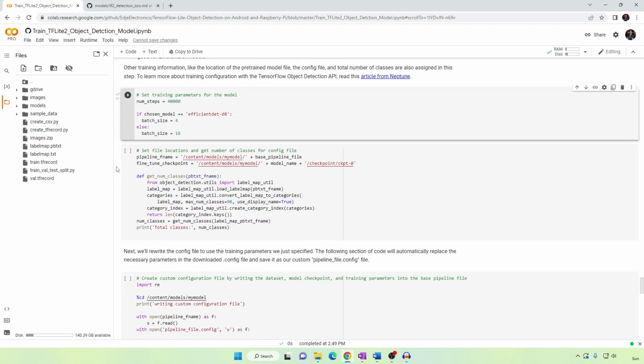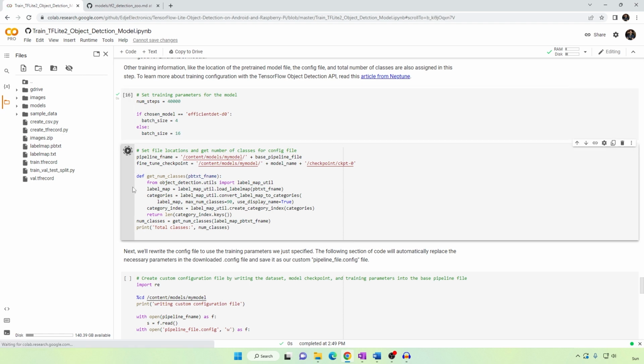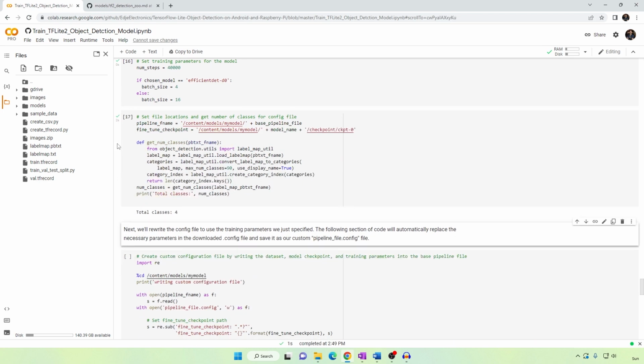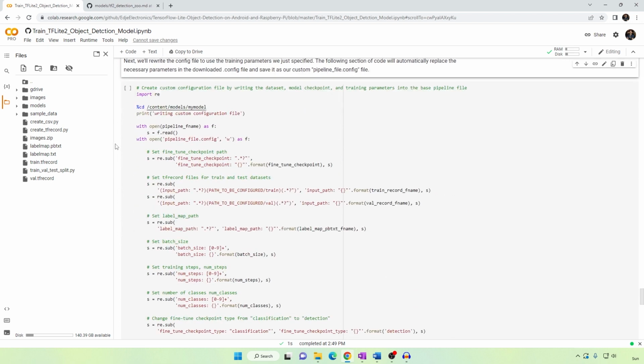The next code block defines other information for the config file, like the file path to the pre-trained model files. Run it and confirm that it prints the correct number of classes for your detector. Next, we'll rewrite the pipeline configuration file to use parameters that we just specified.